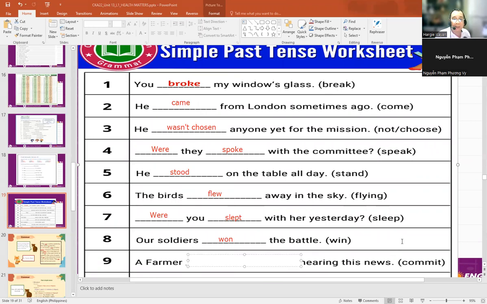A farmer blank suicide after hearing the news. What's the past form of commit? This one is regular. It's committed, right? So we need to double the T and add ed. So committed. Okay? Committed. And then the last but not the least,